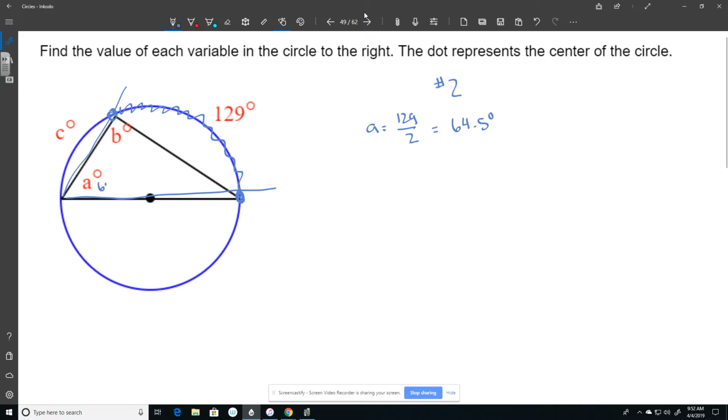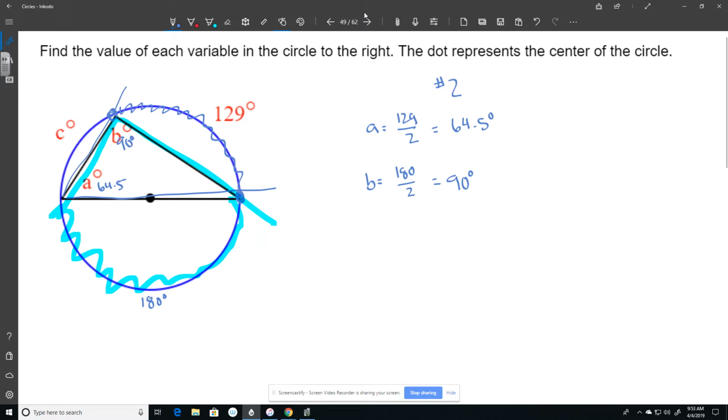Now it wants me to find B, which uses this line here and this line here. The nice thing about B is when you look at its arc, it goes halfway around the circle. So its arc is 180 degrees, which means that angle B is half of that, 180 divided by 2. So B is just 90 degrees,